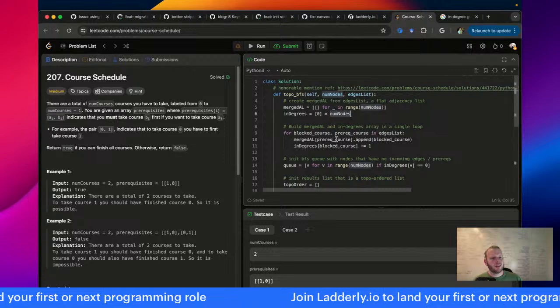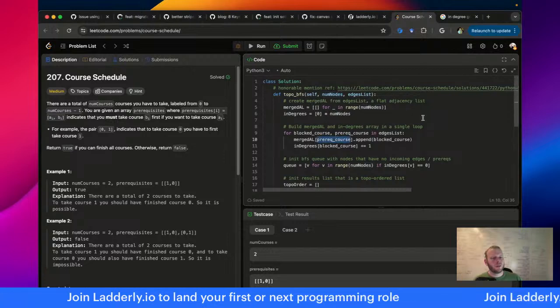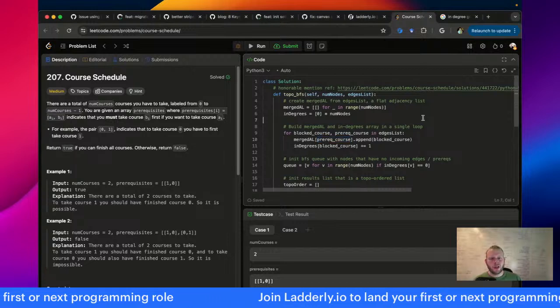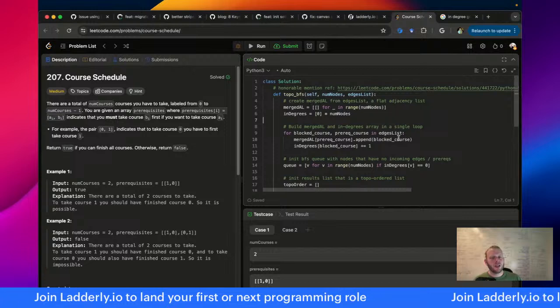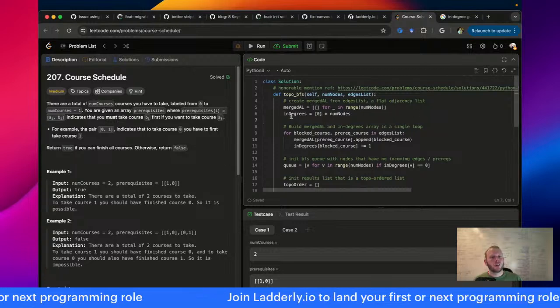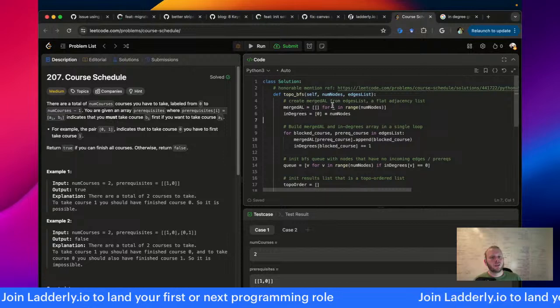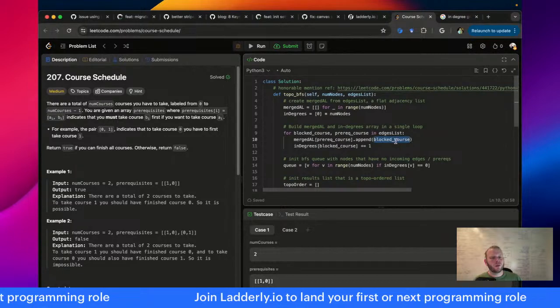But that's not what I'm doing. I'm not saying that for course 0, the dependencies are 1 and 2. I'm actually doing the reverse. I'm saying for course 0,